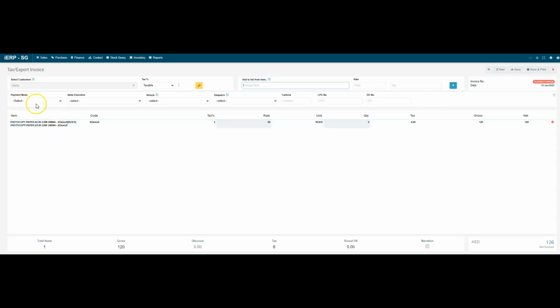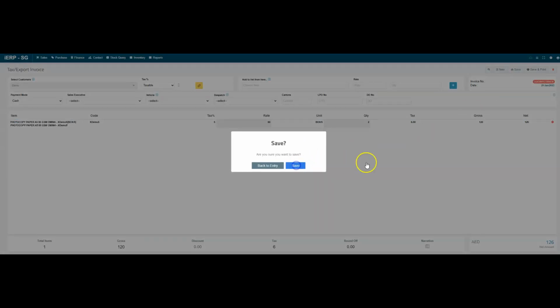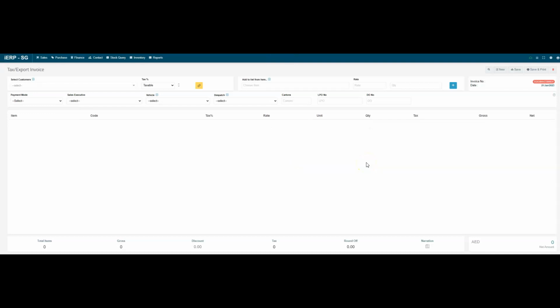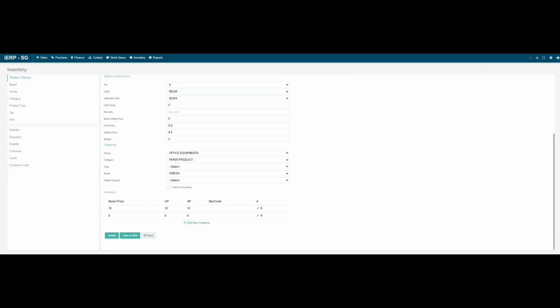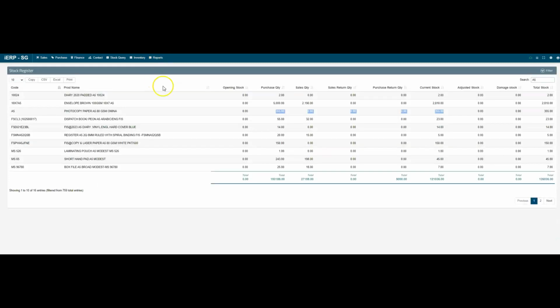Okay, so I'm not going to choose any other. I'll just select the cash, and then I'll save this. Okay, so now what happens is you have sold the item which you bought for 50 dirhams, box of 5. So coming on to this report,